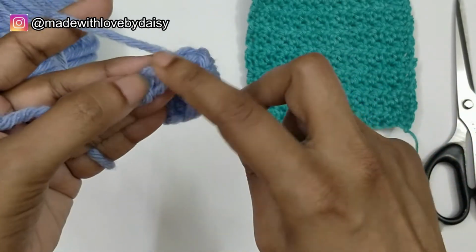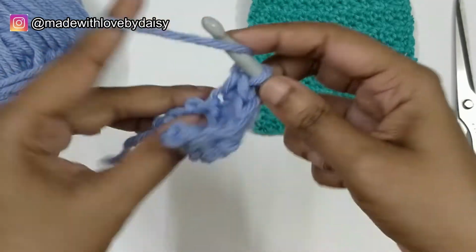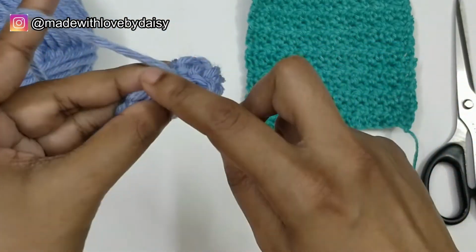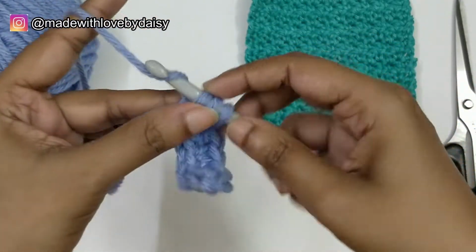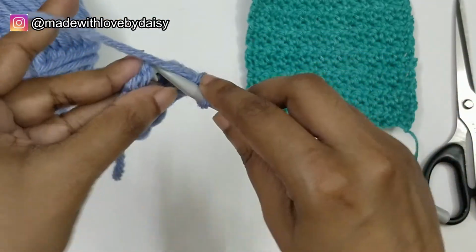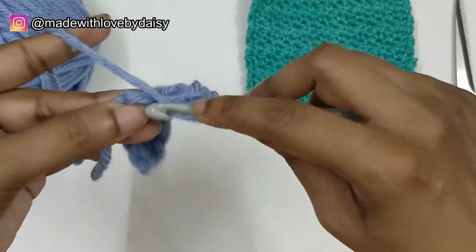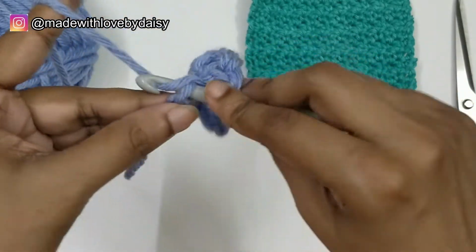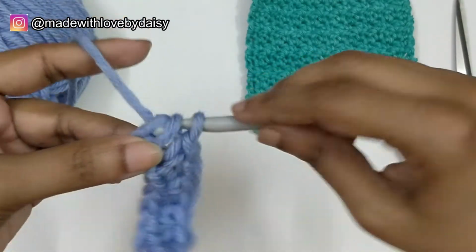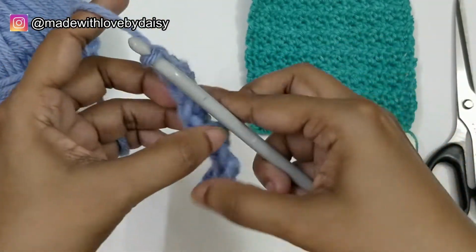single crochet in the next chain, and double crochet in the next chain, single crochet in the next chain, and double crochet in the next chain. And chain one and turn,